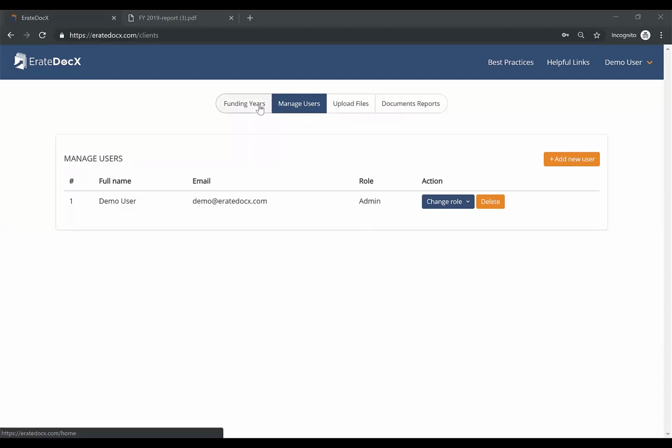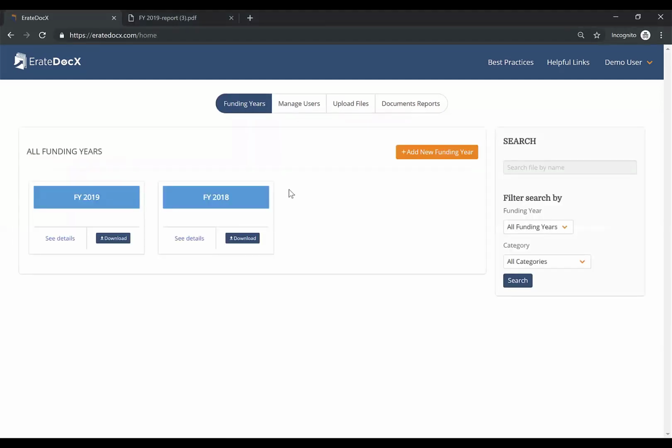Sometimes you are in your PIA review, you may be continuing with a multi-year service that was started in a prior year, and you want to get access to that document without having to remember exactly what year you started the service. And one way that you can do that with the ErateDocs app is to use the search tool, and you can enter contracts or